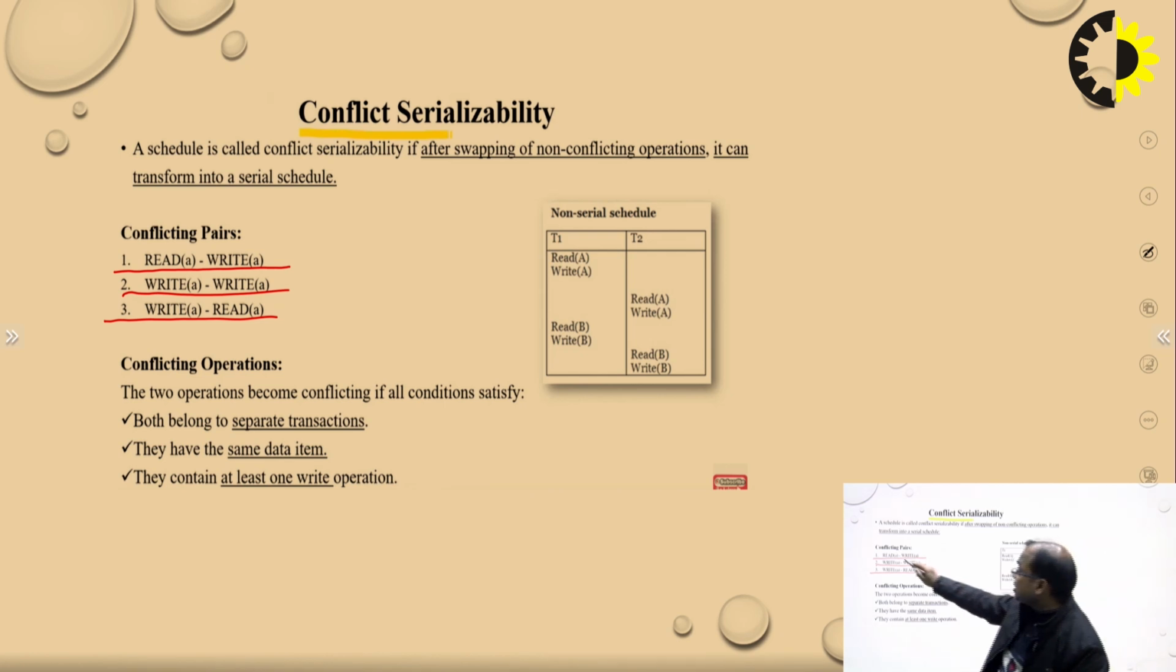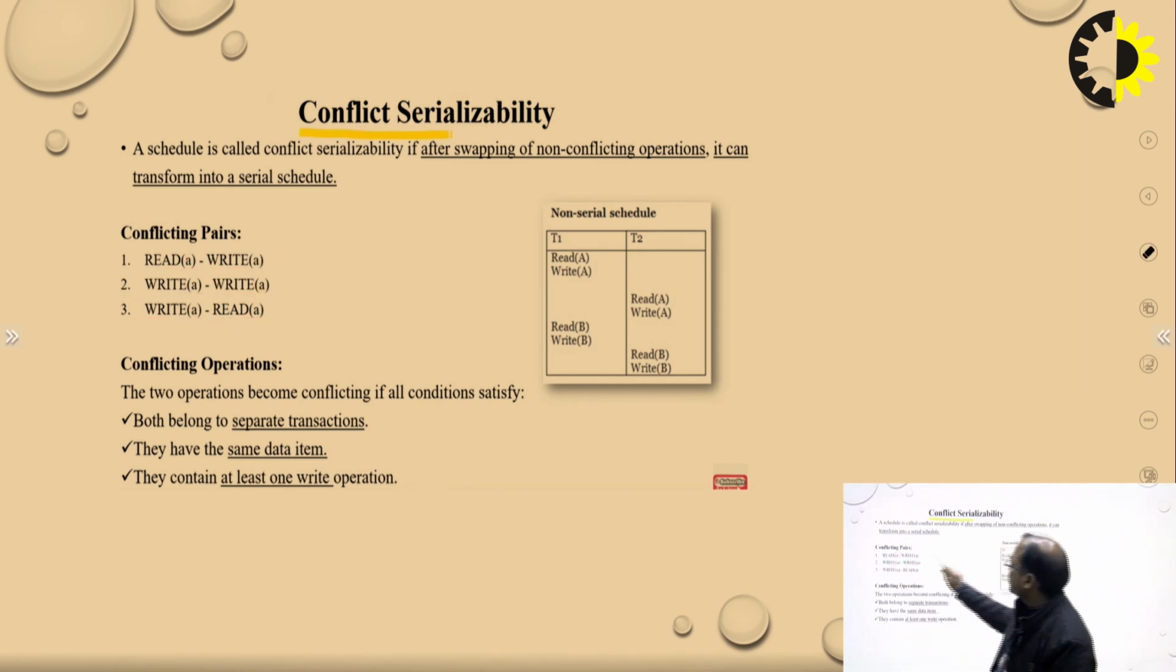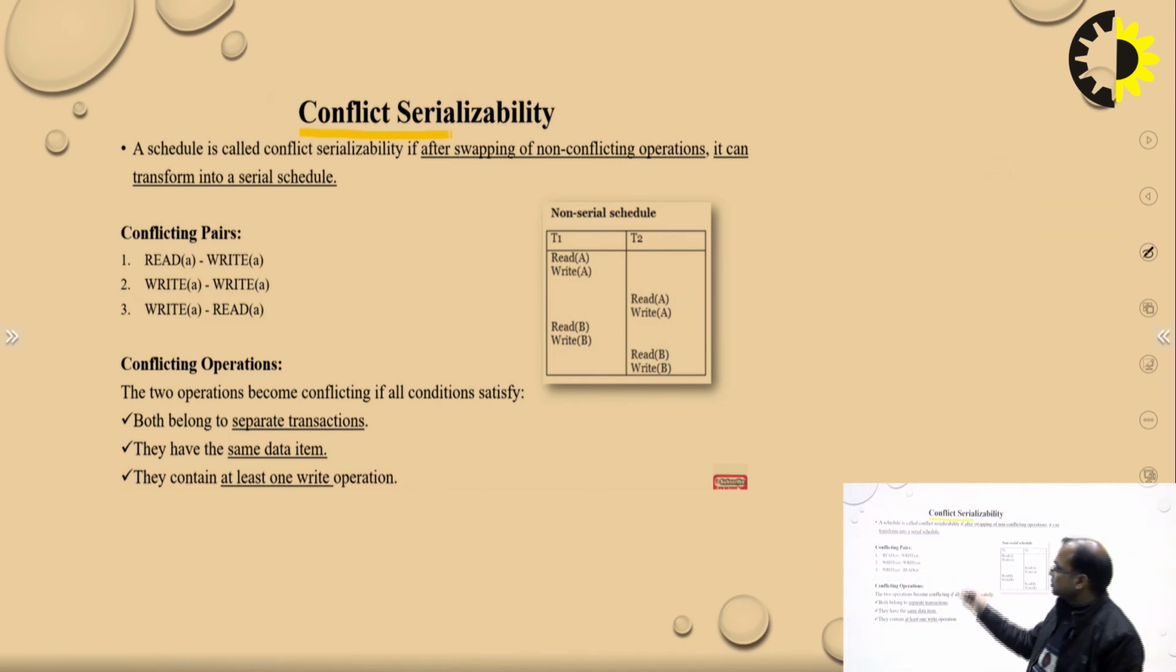But one thing is that it must be on the same data item. The data item must not be changed. So we must learn and remember these three conflicting pairs: read-write, write-write, and write-read. One thing to remember is that there is always a write operation in all three conflicting pairs. Clear? This is the conflicting pair, and we must remember it. Next is your